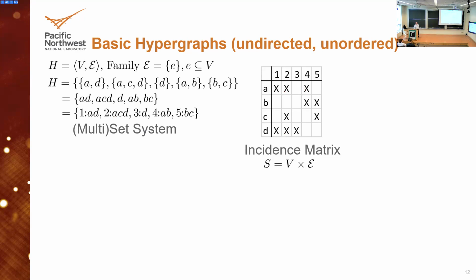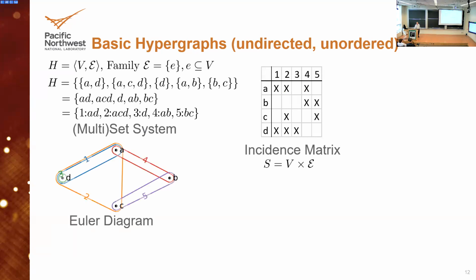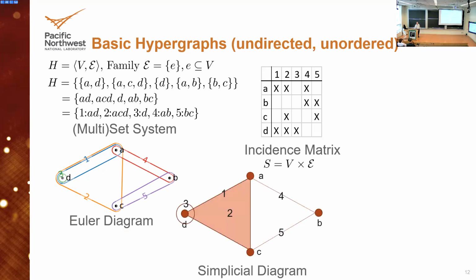Typically, what we also do is represent this as an incidence matrix of which vertices are included in which hyperedges, or as an Euler diagram where we surround the vertices of the hyperedges with these blobs. We also like to use this idea, which is a simplicial diagram. For those of you who do computational topology, it is basically an abstract simplicial complex that has been adorned with the numbers indicating the precise hyperedges that are actually present. Notice that I've got the AD hyperedge as an edge that is listed. It's included here, but the DC edge does not have a number because the DC pair does not actually occur